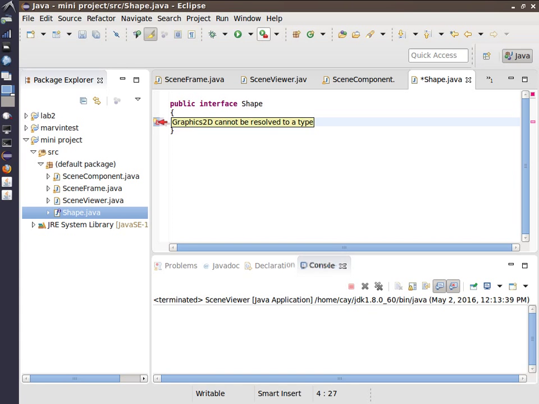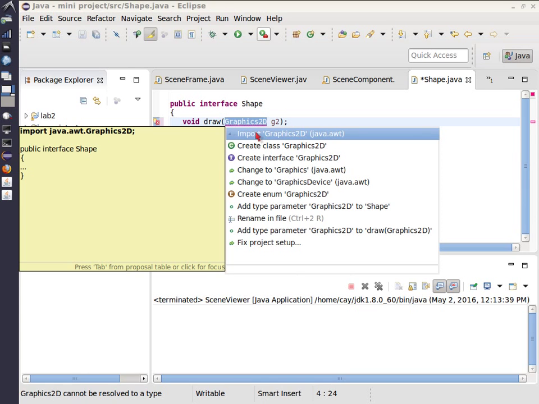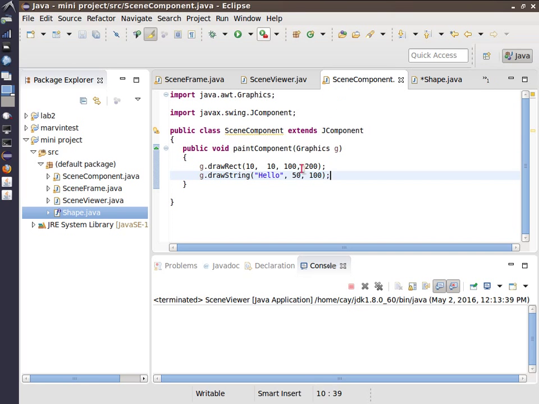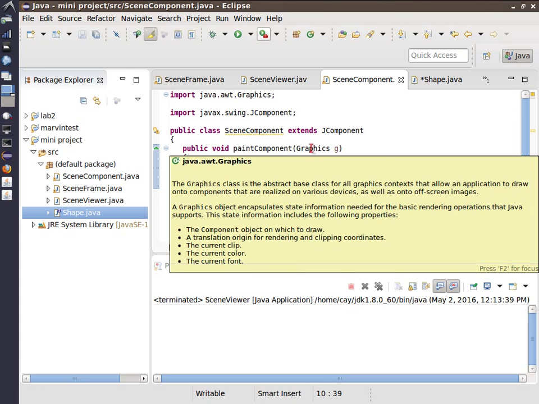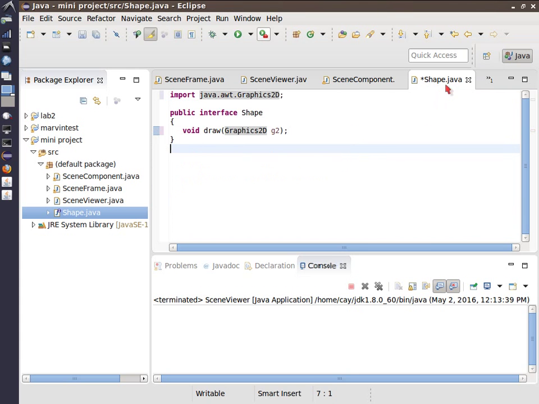Now, there's this Graphics2D thing that I'll get to a little bit later. Right now, we're just going to go with it and say that's what we want. If you recall, in the scene component, we had a Graphics instead of a Graphics2D, and that's some idiocy because the library is quite old. So now let's add